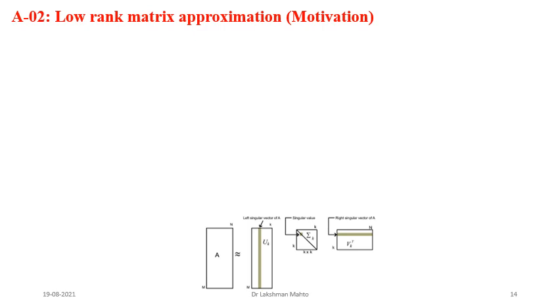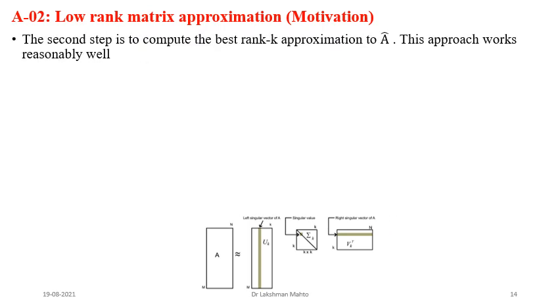Further motivation I will talk about here. The first step I discussed in matrix completion was to fill up those missing entries. What is the second step? The second step is that we have to find the best rank k approximation of the matrix. This is not the original matrix; it is the matrix where we have filled the missing entries by some default process or some hit and trial process. Hit and trial is not always good.